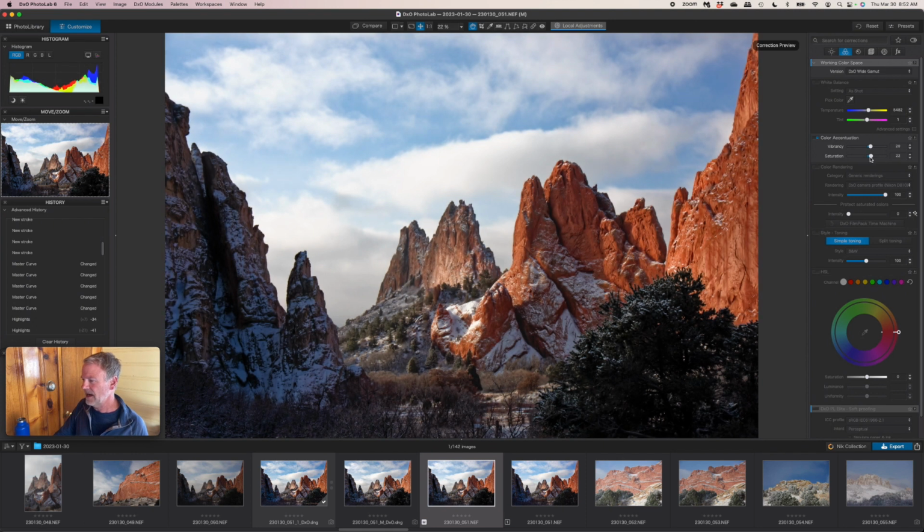Saturation, just like in Lightroom, I don't do much with saturation. It can get garish and heavy-handed really quick. I like a bit more of the natural look, and I tend to use vibrancy a lot more. It's a lot more of a subtle control than saturation is, as most people who've worked in any imaging software know. Color rendering, this is where the color profile that the whole image is showing up as,